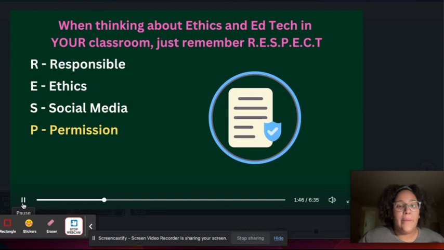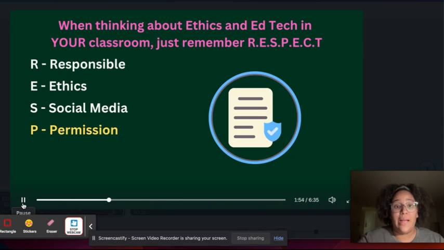We also need to remember that when we post things on social media, we need permission. We need to teach our students what permission is. It is so crucial that our students are asking for permission before they take somebody's picture, before they use something and post it as their work. We know that a lot of times our students are at this age where they're not sure about how to go about asking for permission, and it is our job to explain how to do all of that.